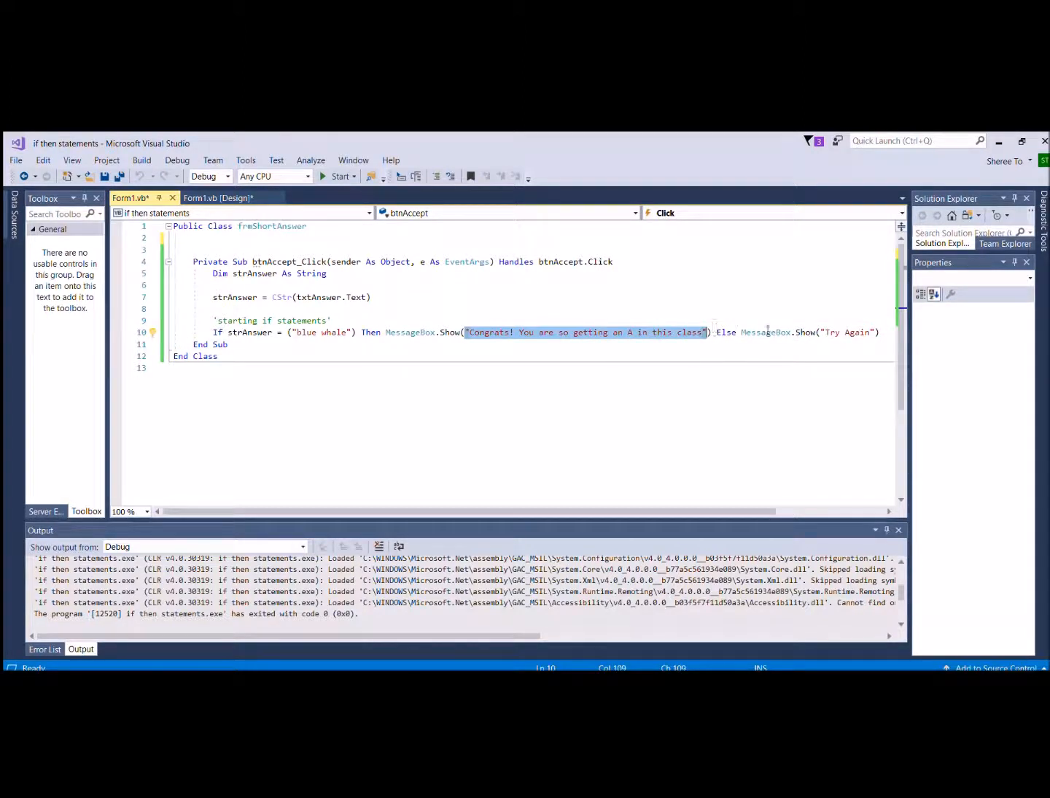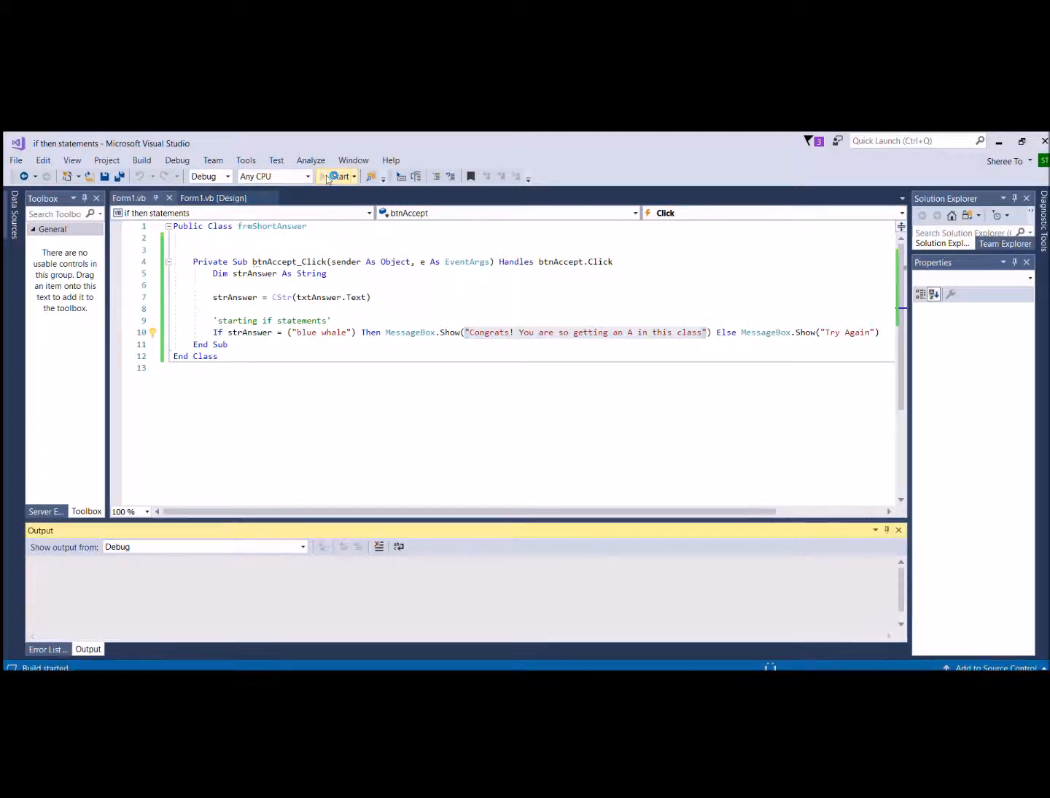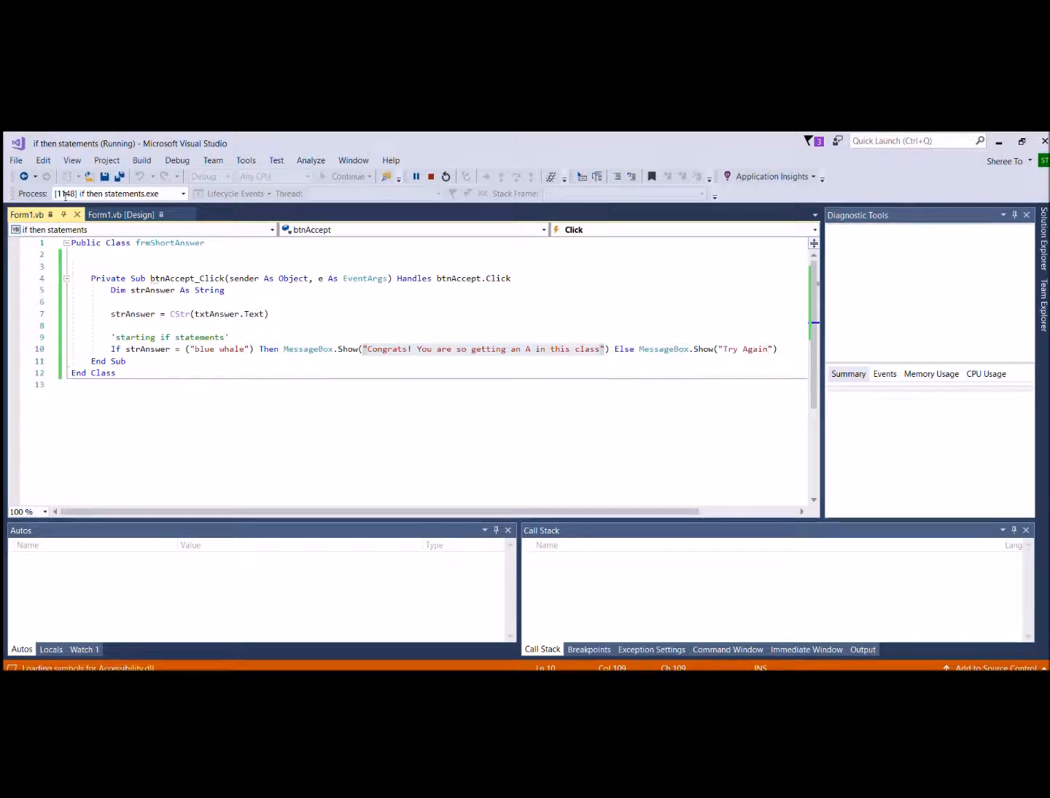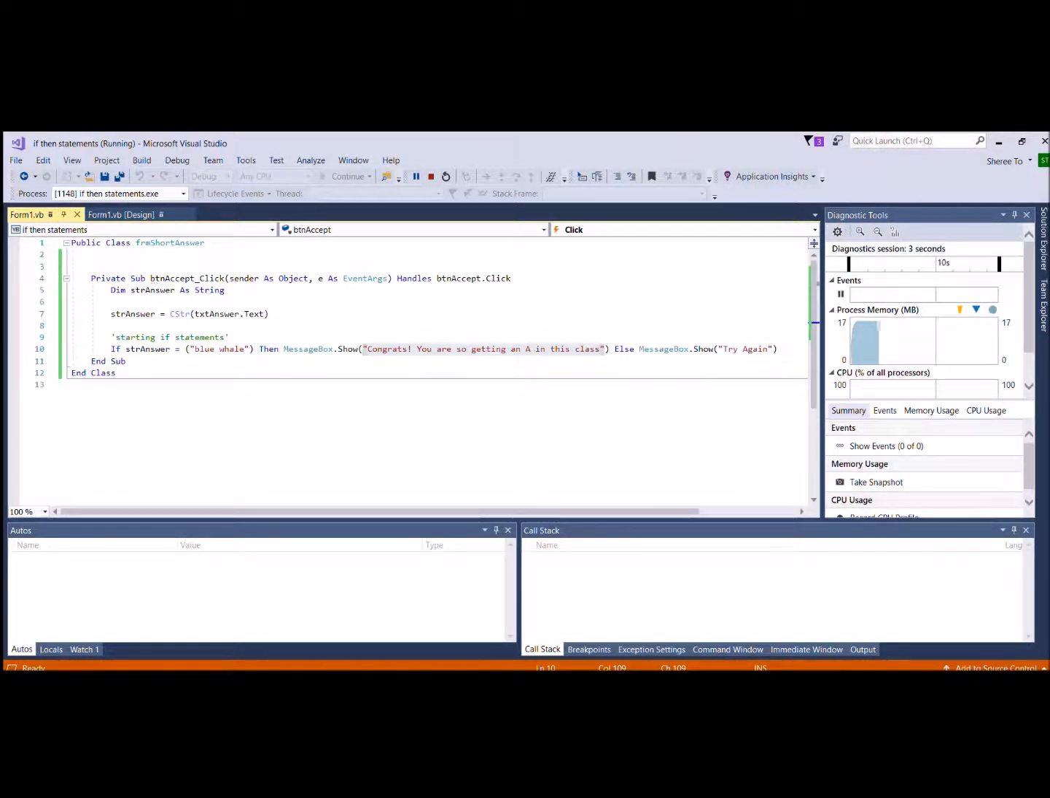And then also else, the same thing. So if you put something else, then it'll say try again. So I'm gonna start this application. Alright. So if I put like a dolphin,